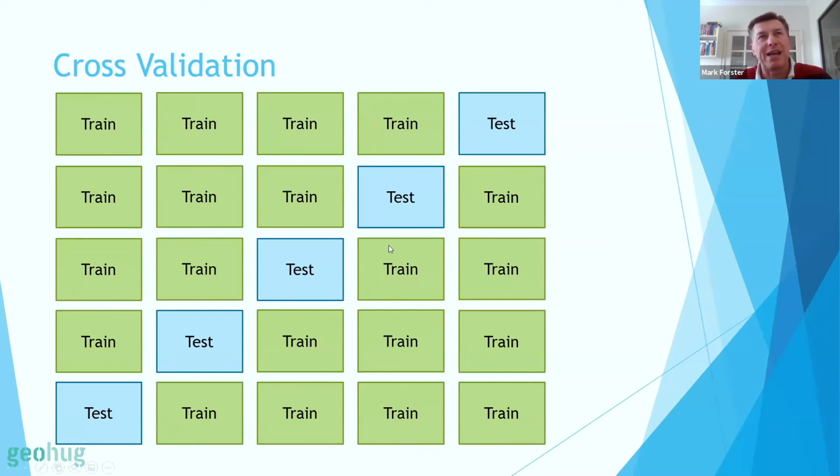And that is, what we do is we actually take our entire data set and we split it into 5 20% chunks. And then as we run our evaluation each time, we grab the 4 chunks that make up our training data set and our 5th chunk that makes up our test data set. And instead of doing it once against the one algorithm with the one set of parameters, we actually do it 5 times. And the reason for that is on the second time, we changed the 20% of data we're going to use as our test data set, okay? And we keep doing that until we've run it 5 times.